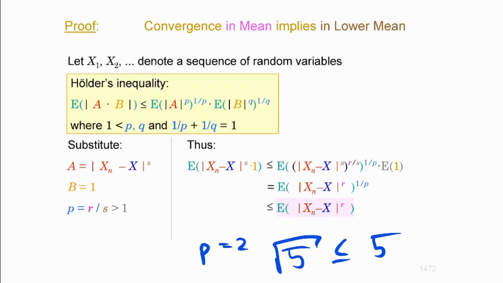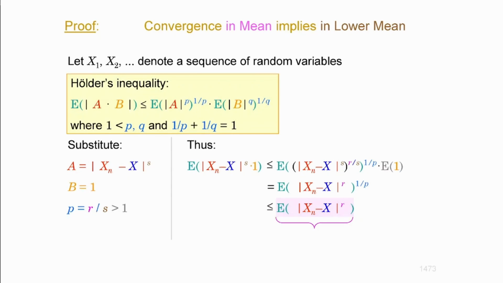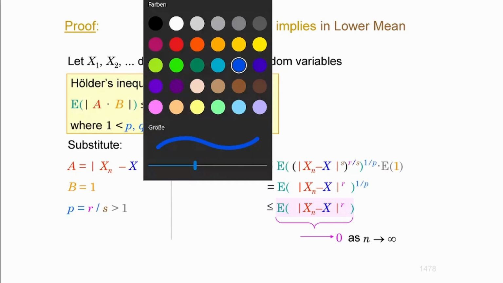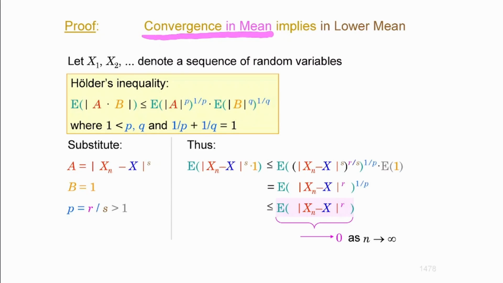So you can clearly see that this is the issue, because p is greater than 1. And that is also true for the expectation, because the expectation is a constant, right? So whatever that is, it's not going to be greater than that. That's why I was not substituting here, because p is greater than 1, so you would not need to substitute there. Now, why is this important? Because if this converges to 0, which means that as the sequence progresses you do have convergence in rth mean, that's it by definition. This expectation is converging to 0.